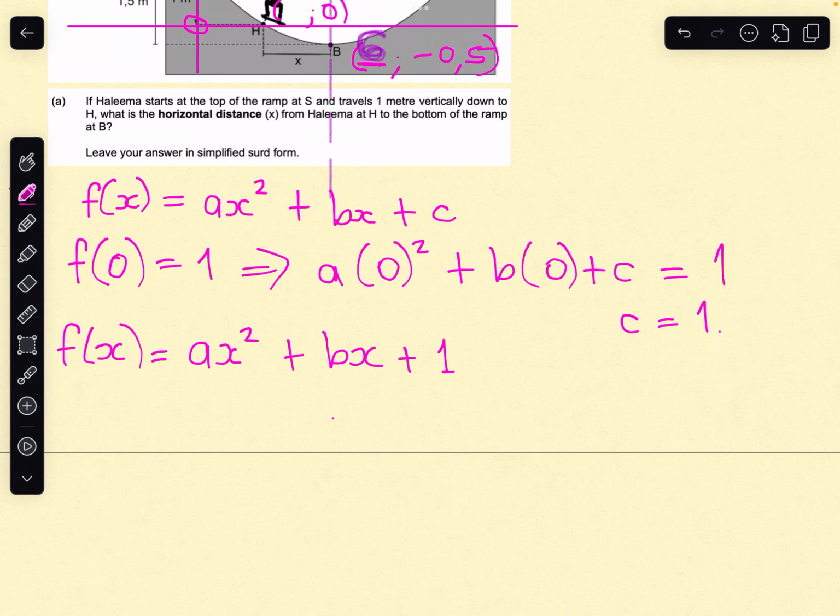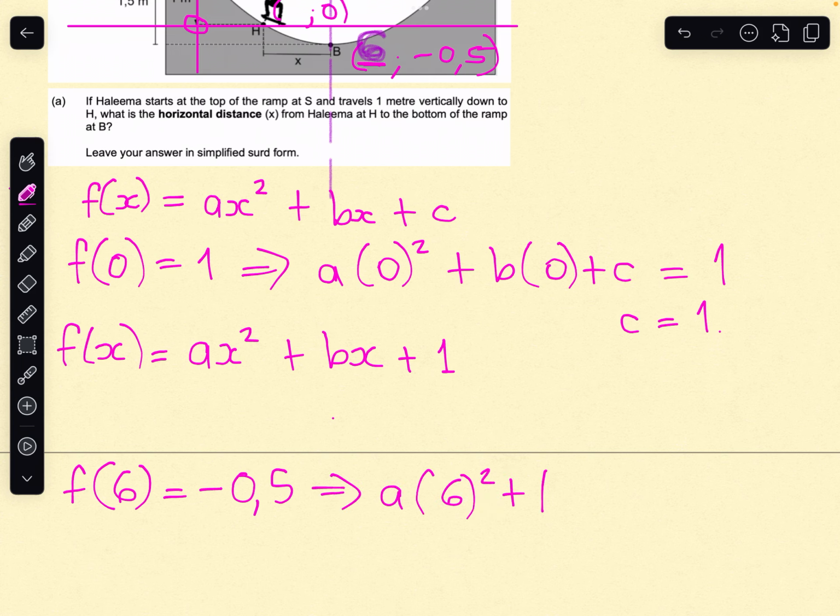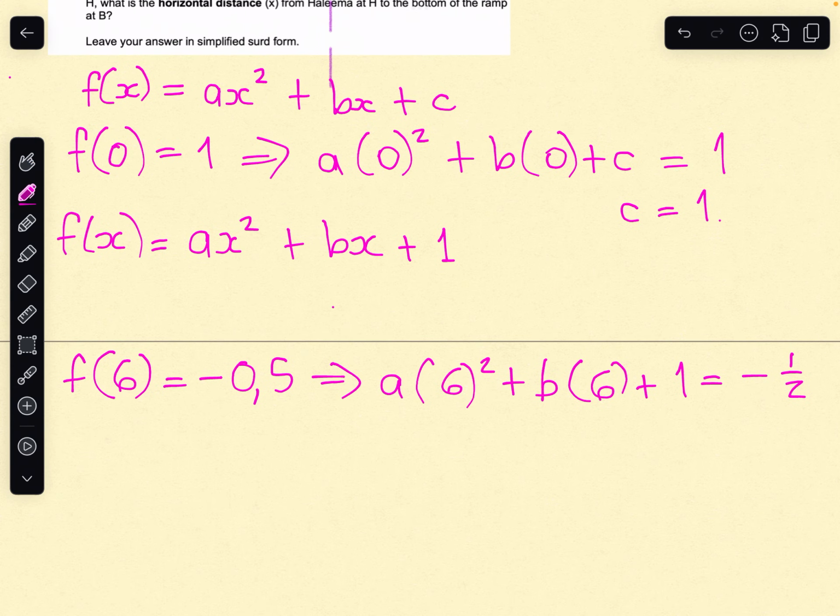So we know first of all that when the input to the function is 6, the output is negative 0.5. So if we put 6 into our x, what we get out is negative 0.5. So let's go ahead and solve that. Well, okay, we're not going to be able to solve it because it's 2 unknowns, but it's giving